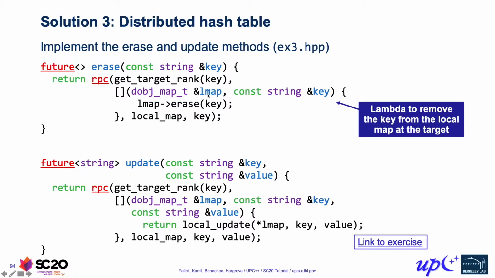It takes a distributed map as the first argument and the actual key value as the second argument. And all it does is invoke the erase on the local representative of the distributed object over on the remote side. And I'll remind you here that we have a dereference, which gives us the local representative, and then we have an invocation of the erase member function on that resulting map. The other arguments for RPC are the arguments that the callback actually needs.